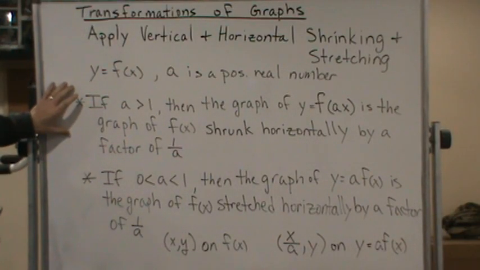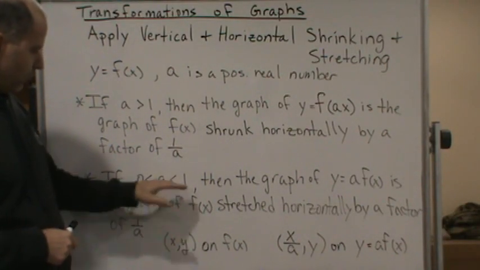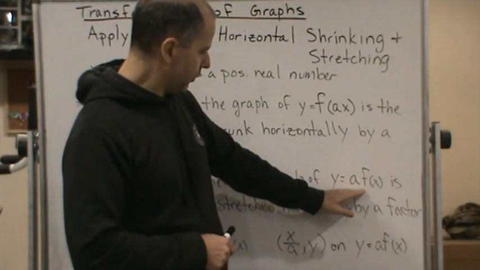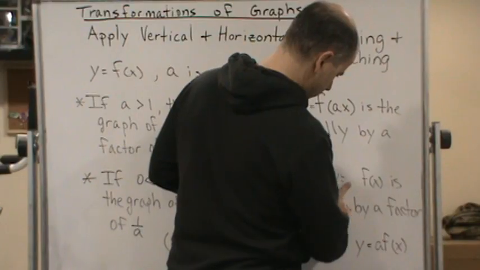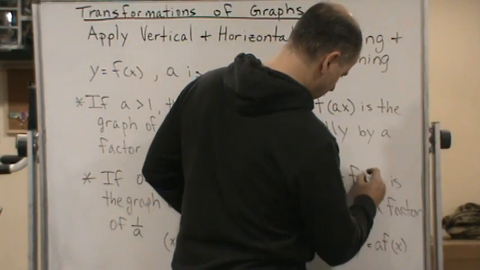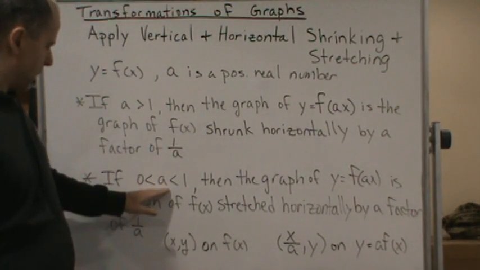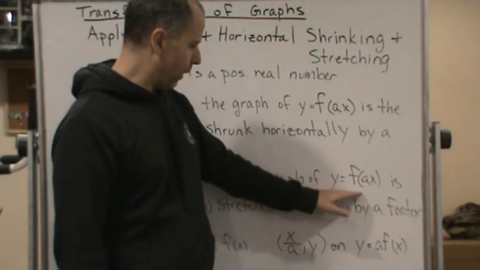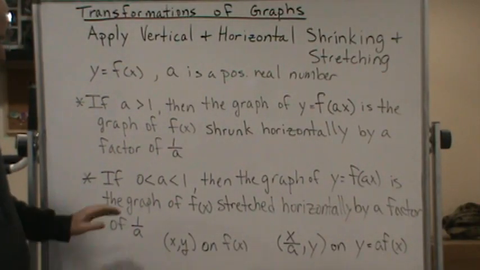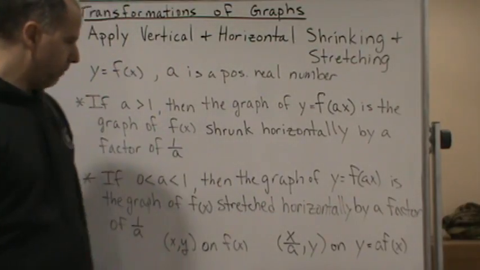So that's the horizontal shrinking. Now, what about the horizontal stretching? That happens if a is between 0 and 1. If a is between 0 and 1, then the graph of y equals f of a times x, right? So again, if a is between 0 and 1, then the graph of y equals f of a times x, so again, we're inside the function, is the graph of f of x stretched horizontally by a factor of 1